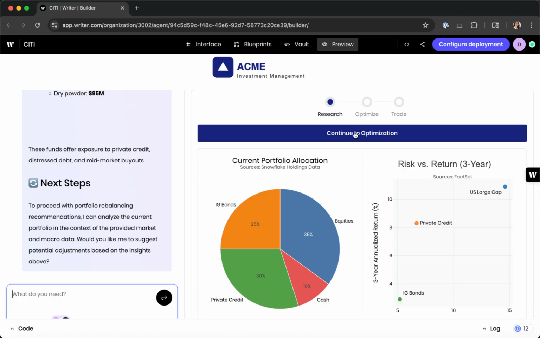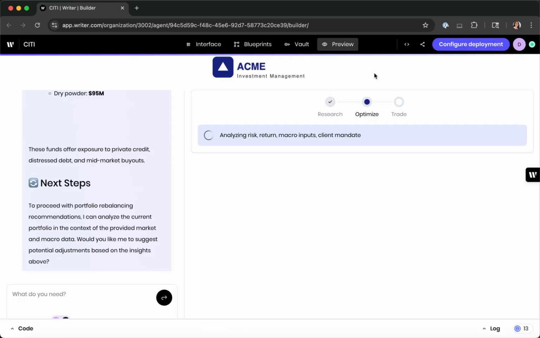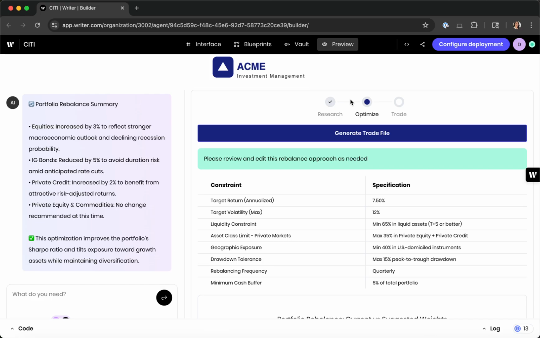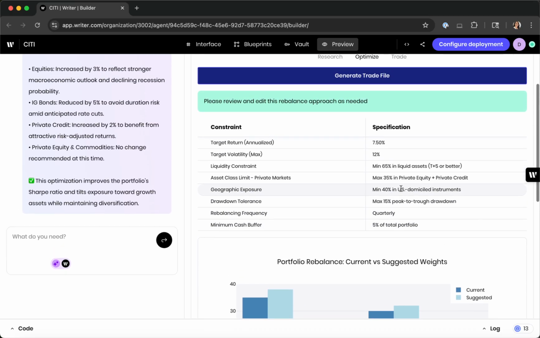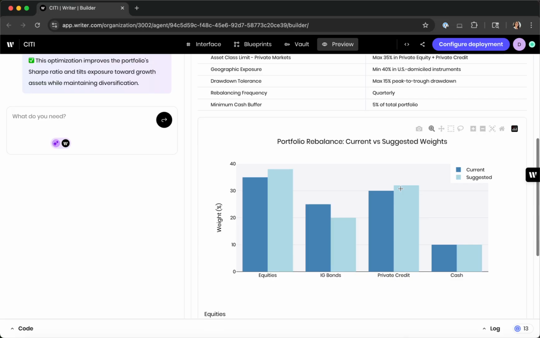Then what I can do is say continue to the optimization piece of the process. And again, what Writer Agent will do is connect to Snowflake and pull up information about this specific portfolio's constraints, right? So what is the volatility target? What is the return target? Are there any limitations? And it suggests based on the house view that you have, based on the FactSet data,